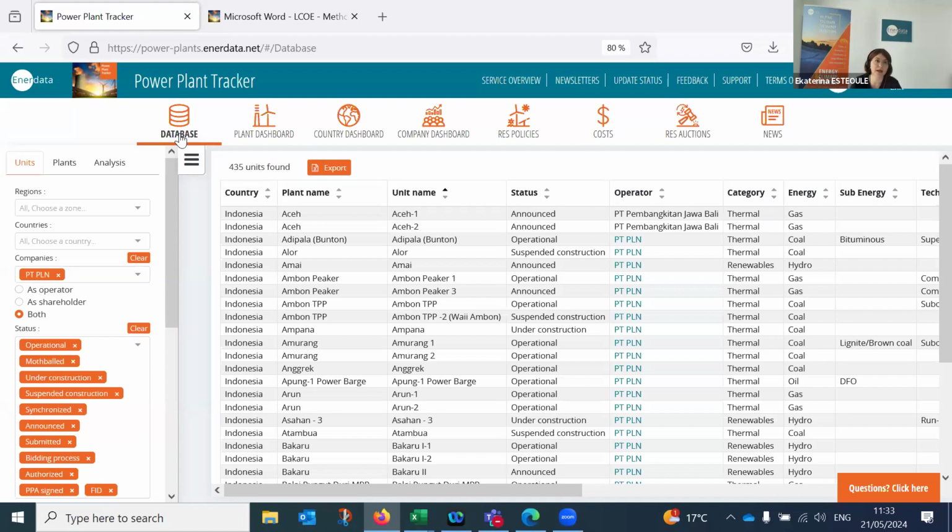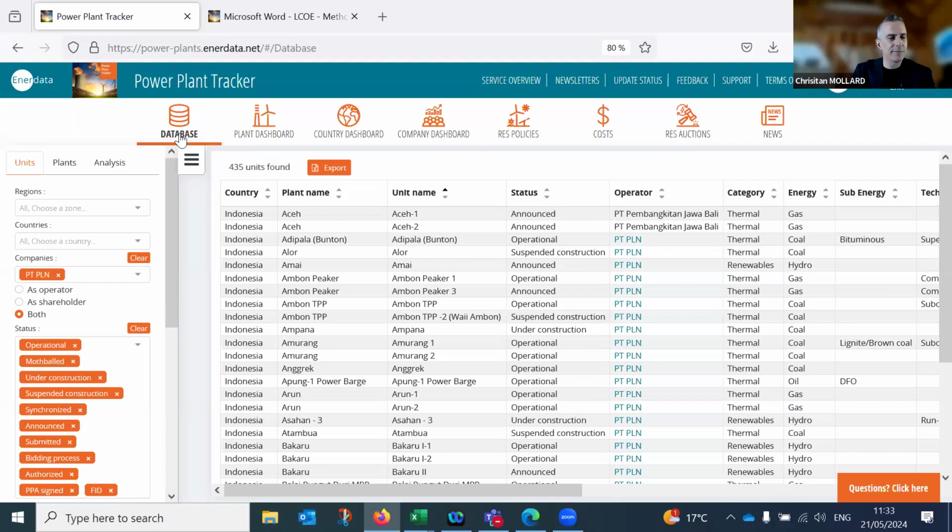And you will also get access to the assistants, the people who work on the database. If you have any question, any doubts, or if you want to put a specific country into our update process to fast track it, we are here to help you to make it possible.